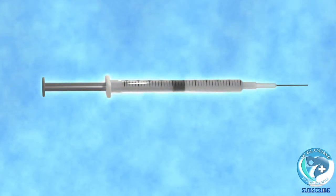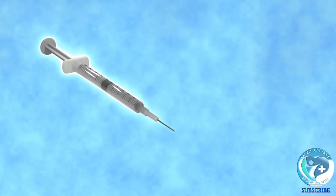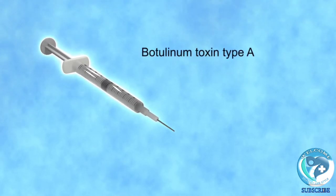wrinkles. The toxin is purified and the formulations are marketed by different companies, with different brand names. In this animation, they will all be referred to generically as Botulinum Toxin Type A. With little downtime and almost immediate results, Botulinum Toxin Type A can help you restore a smoother, more youthful appearance